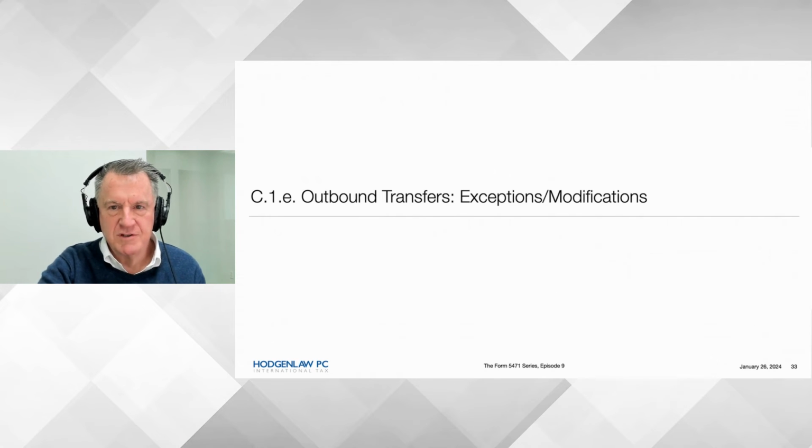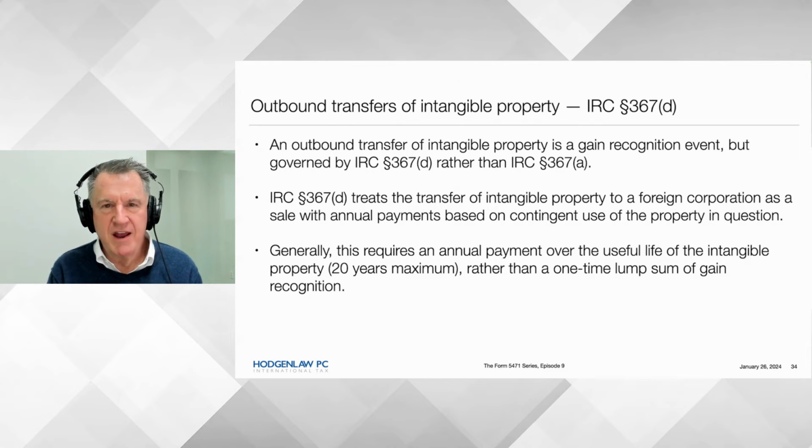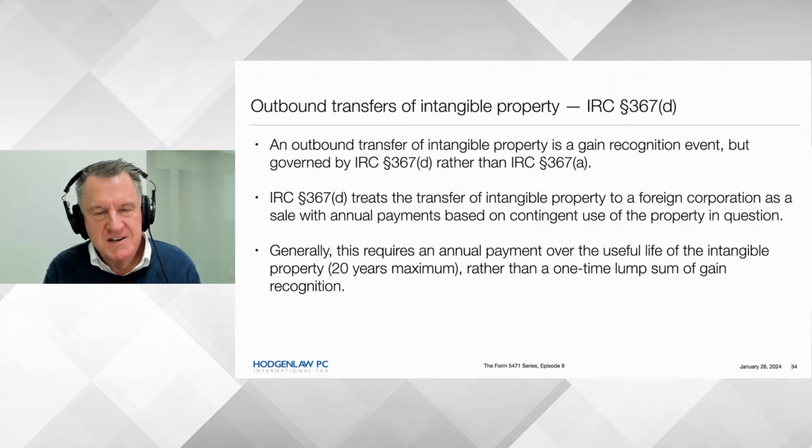But let's look at the exceptions and modifications. Outbound transfers of intangible property. Okay, so 367(a)(1) applies to all property. Section 367(d) says, yeah, but if you have a transfer of intangible property to a foreign corporation, don't use 367(a)(1) to determine the tax result. Instead, use 367(d). And what 367(d) says is, well, actually, it's a gain recognition event, all right,